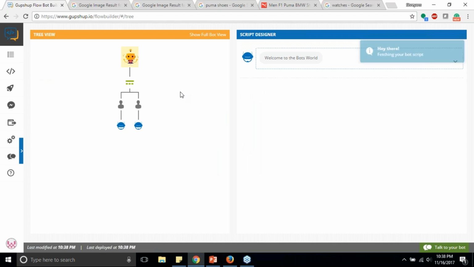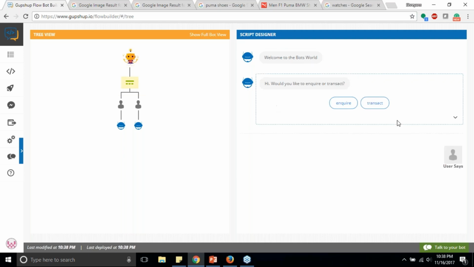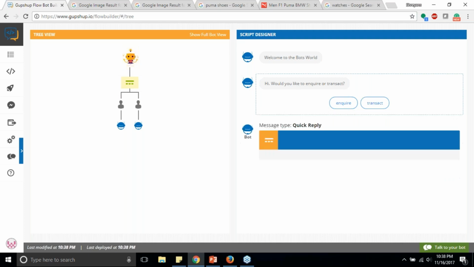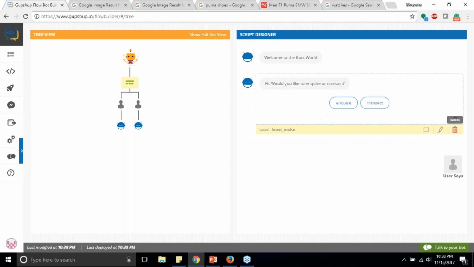All right. So this is your default flow, which is already provided, and this is the UI of the Flowbot builder. Let me quickly explain the UI first. This script designer here is where you can edit your script. You can select this, and the tree view shows the flow. Once you click on one node, it will show you the script associated and the script above it, and you can go ahead and edit it, or delete it